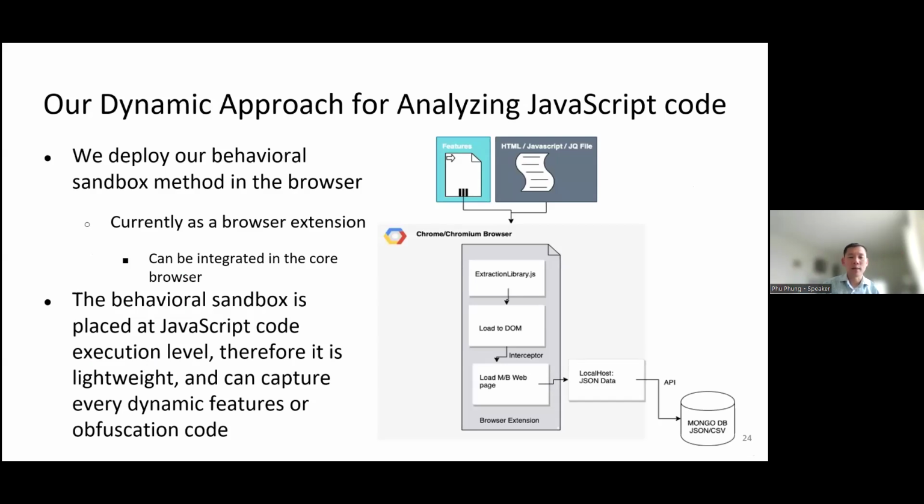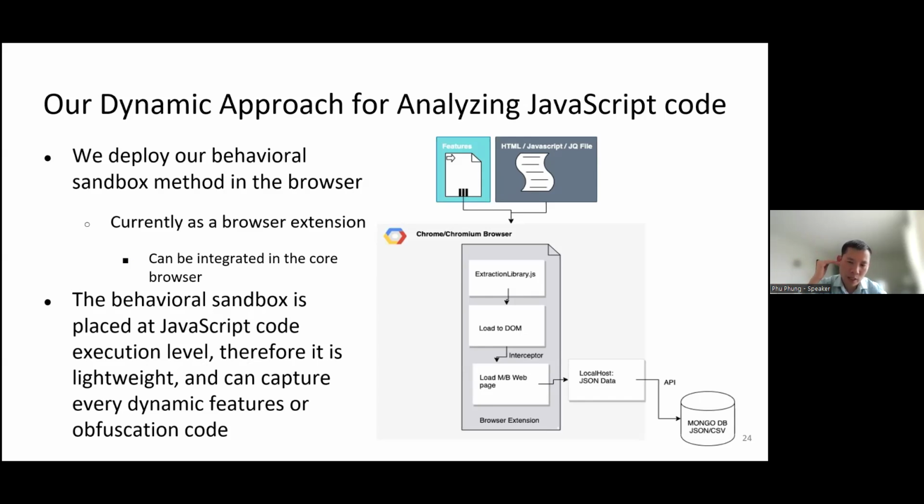So the idea is that when we have that in the browser, whenever the website loads, we will run the code as usual. But instead of controlling the behavior of the website, we just log the behavior. For example, we extract the API call or the execution of any behavior in the website.